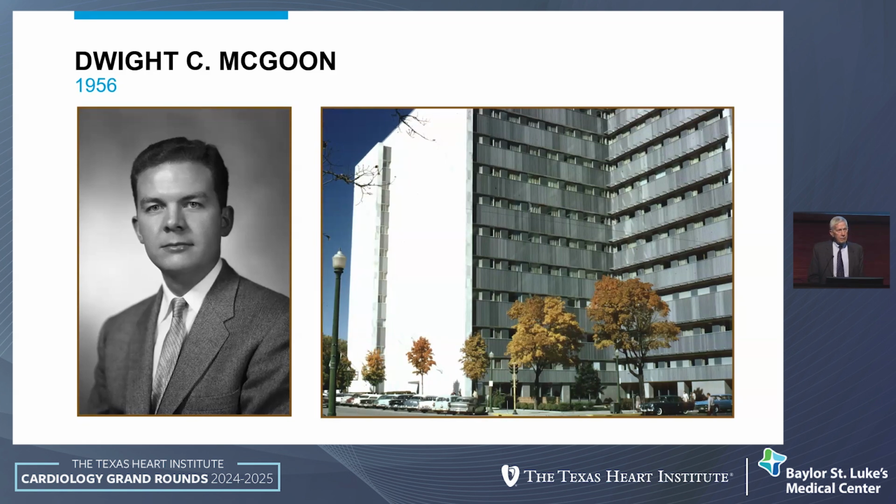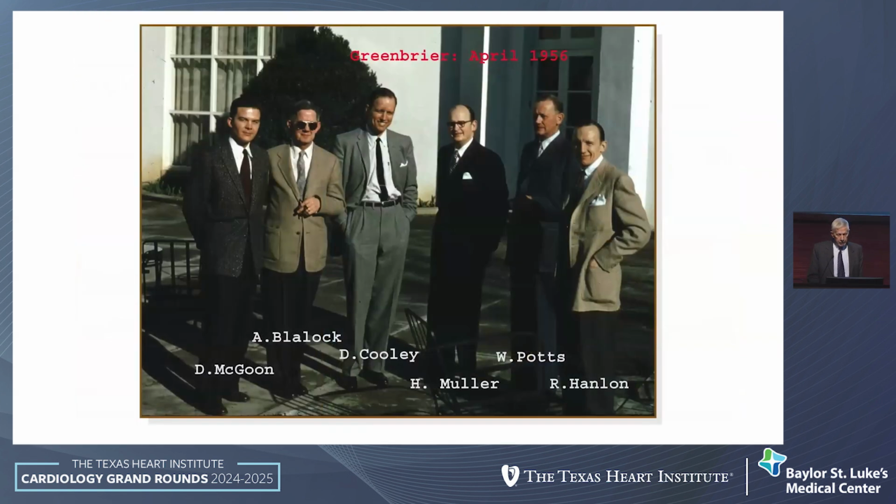But Dr. Magoon overlapped with Dr. Cooley in Baltimore. And here you can see a picture of Dr. Alfred Blaylock with two of what I would consider his best residents, Dr. Dwight Magoon and Dr. Denton Cooley. Also in the pictures is Henry Muir, who was chair of surgery at the University of Virginia, Willis Potts of the Potts Shunt, who was from the University of Chicago, and Rollo Hanlon, who was chair of the American College